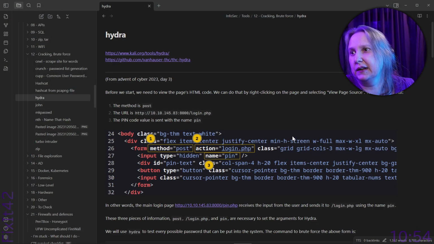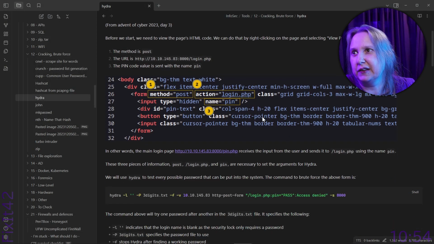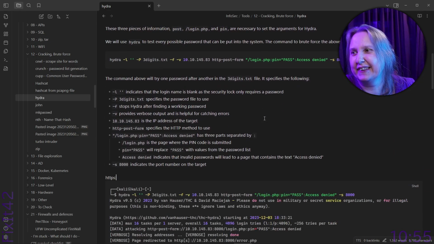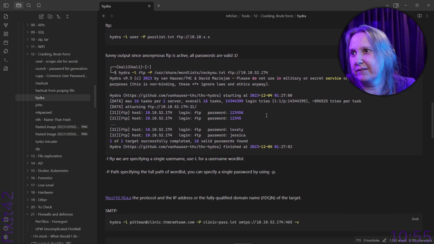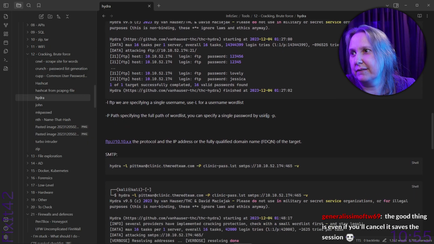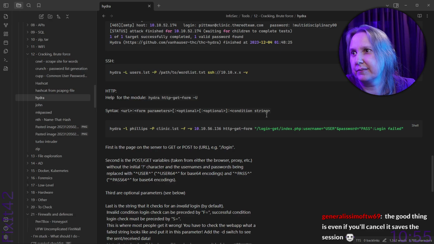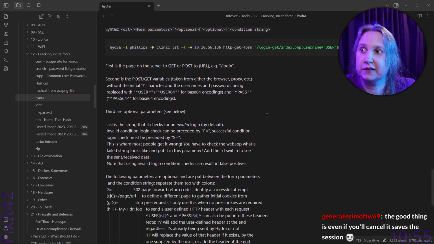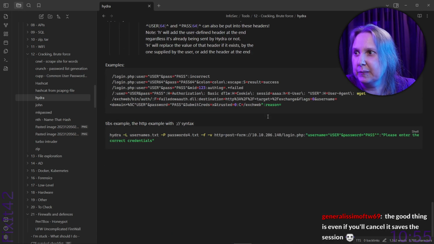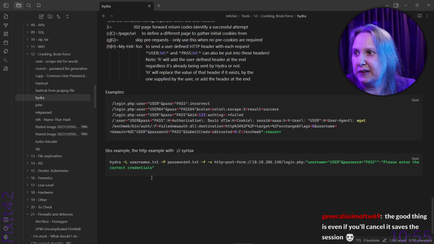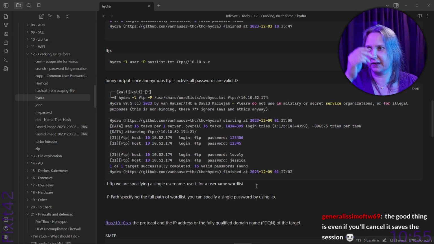So I'm just looking at my Hydra notes, and we can obviously see that this is a TryHackMe example. The good thing is, even if you cancel, it saves the session. Oh, it does, right. That's great, because that's what I was kind of thinking, if it's worth it. Yeah, and here I had a Tiberius example too. Oh, yeah, you had a file for the usernames too. Okay, so